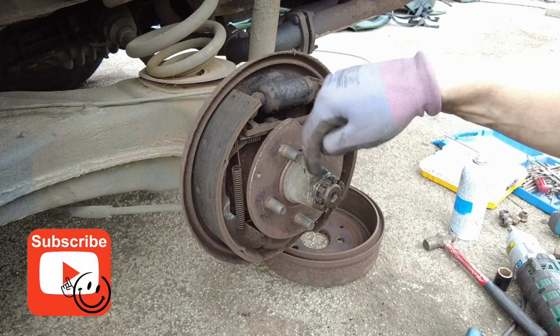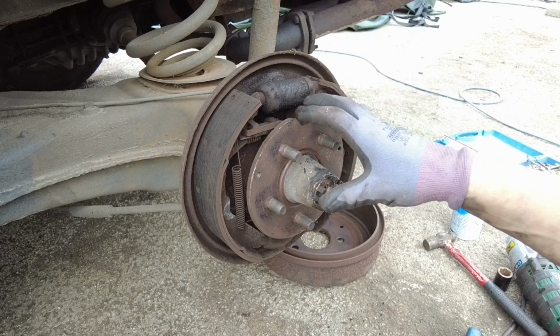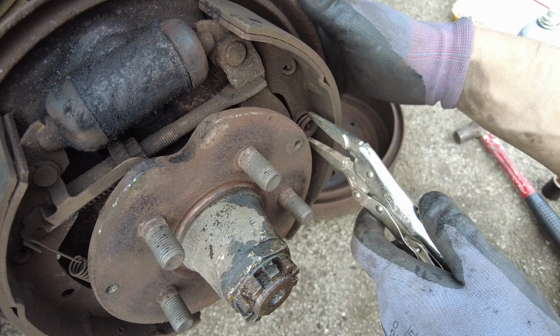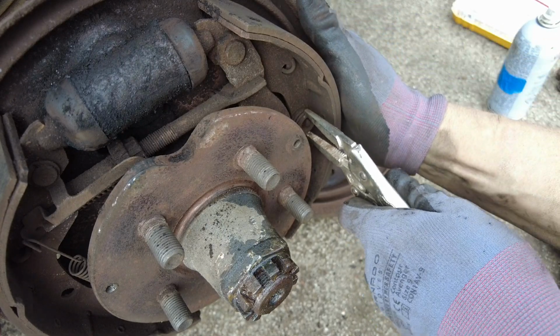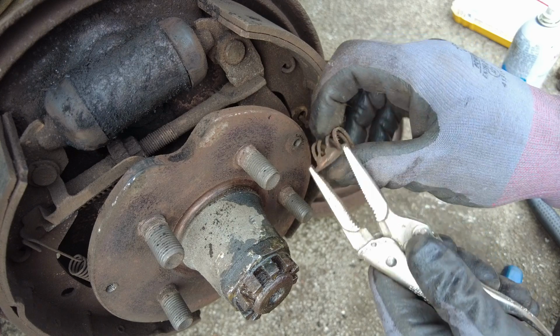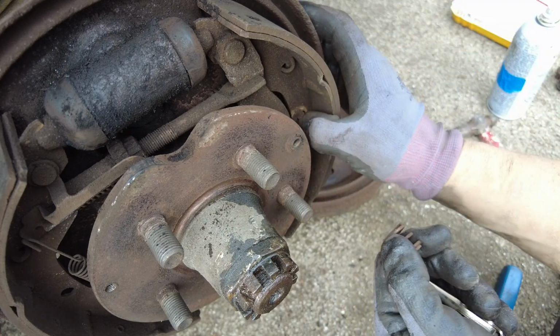I've actually managed to shear the pin off, so I've got a fight drilling that through now. So I'm going to do it with it on, and it's kind of a demonstration as to how hard it's going to be with it on, I guess. Snipe nose mole grips, little pair, really handy for this job. Push your spring in, turn it around, and it should come straight off. Have a little cup the pin sits in, spring behind it, and then the pin